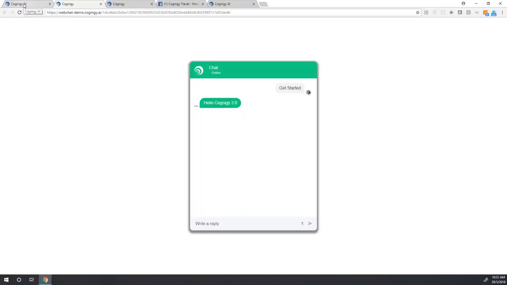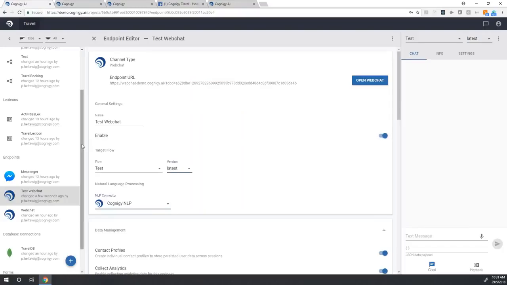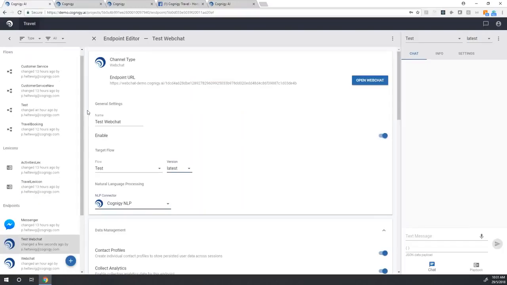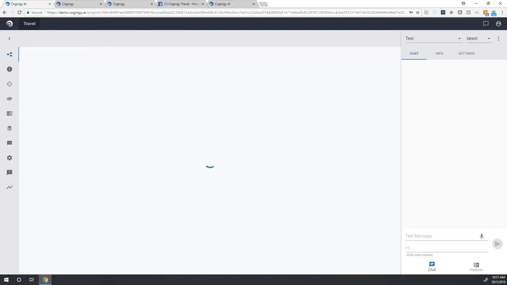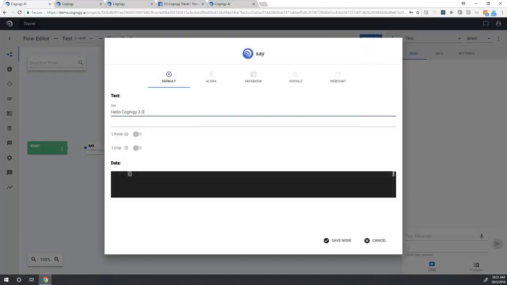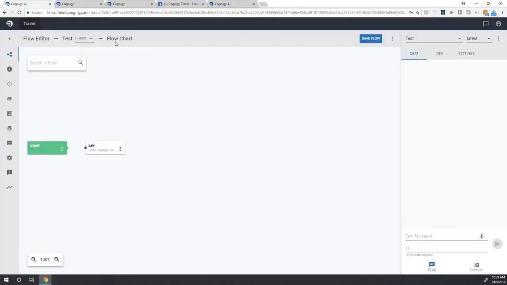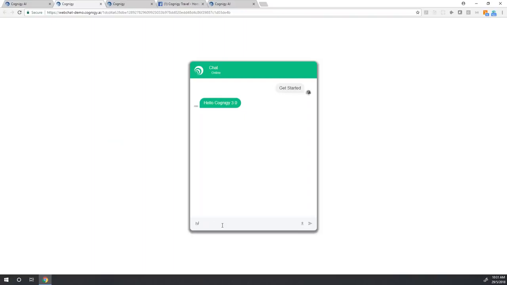While you're testing, if it's linked to latest, it's really always the latest. So if I go in and I change this to hello Cognigy 3.0, you look awesome, I don't need to make any other change. I just go in here and now it says hello Cognigy 3.0, you look awesome.